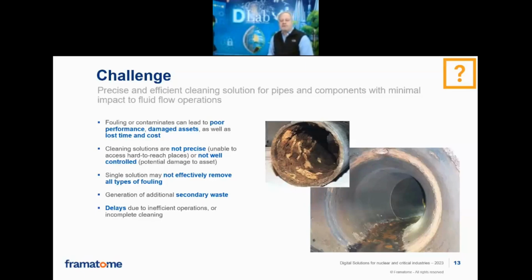So the first one we see as a challenge has to do with how do we go in and clean in a safe and efficient manner the internal surfaces of piping. That can be difficult at times, right? Because you can't take the pipes apart and you need to get that solution clean within the pipe itself. So this could be around contamination. This could be around mineral buildup. So as we look at that is how do we effectively do that without affecting the plant and the fluid flow through the plant?